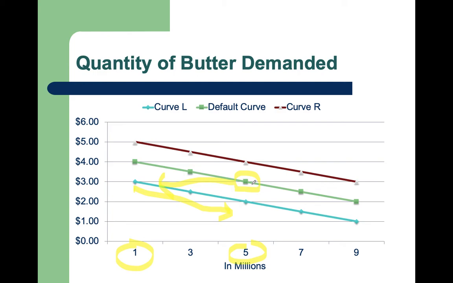Let's say that the price for margarine goes up. If the price for margarine goes up, we would shift to the right. And now let's say that we're on curve R. And now if we're still selling our butter for $3 a pound, we'd be selling 9 million pounds of butter. That's what the demand is anyways. That's what customers want if we're going to sell it at $3 a pound, since fewer of them are buying